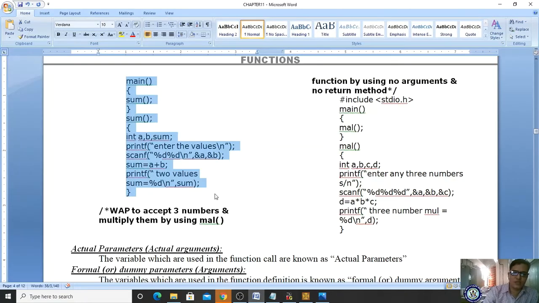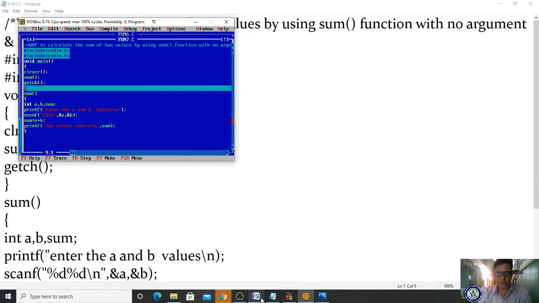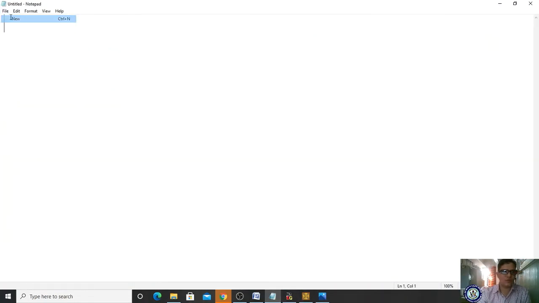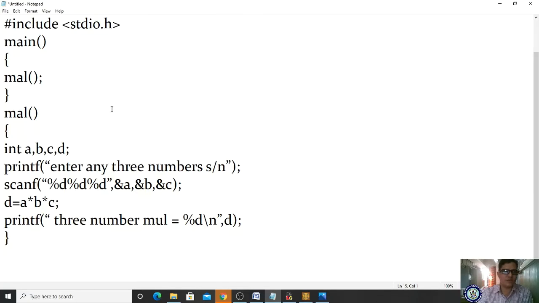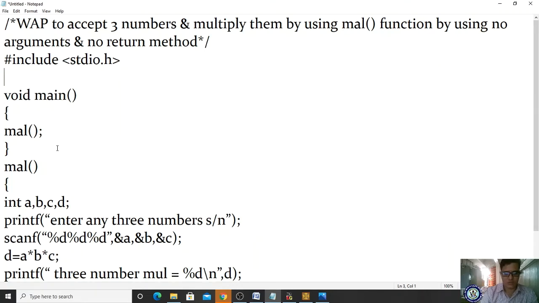Okay, now we'll see another program. What is the program? Write a program to accept three numbers and multiply them. You are supposed to do multiplication of three numbers. Okay, so let me take a new file and save it, and modify it with void main and #include <conio.h>, right?